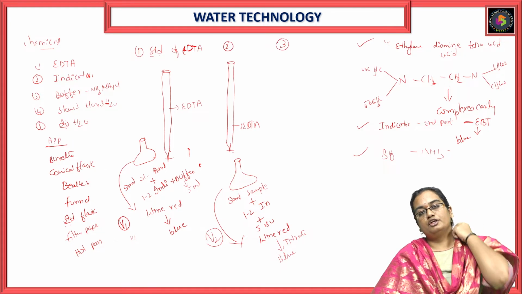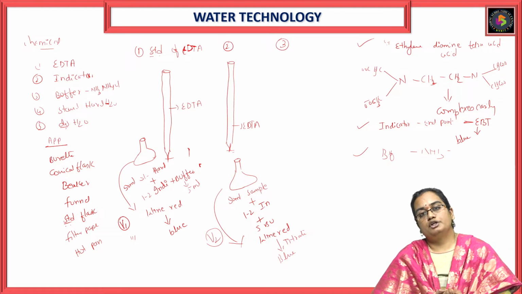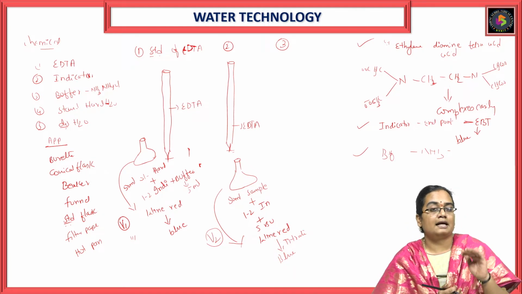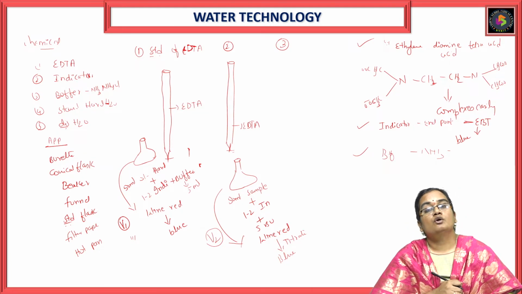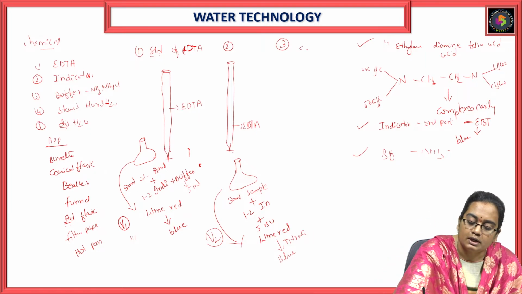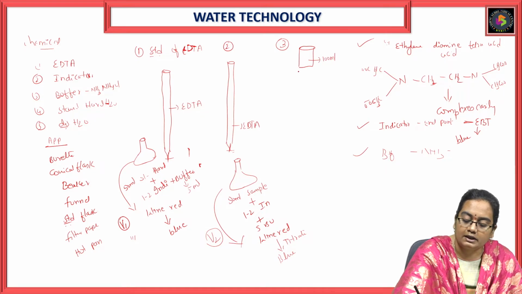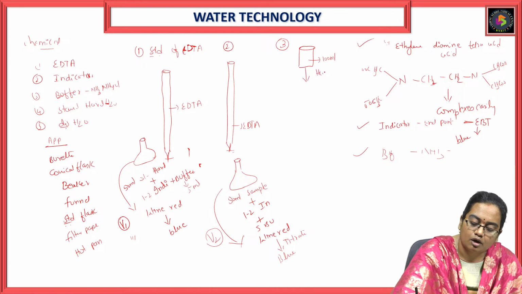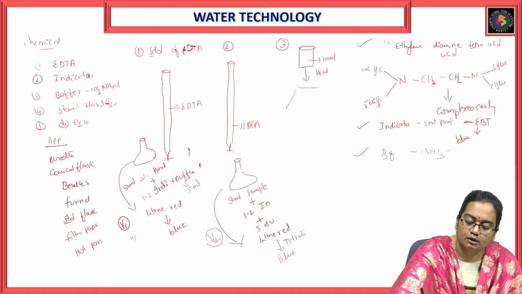In the third step, we need to do a little more work. Here we are going to calculate the permanent hardness. That means the water should not contain any temporary hardness causing salt. We need to remove that. For that, take a 250 ml beaker. In that, take 100 ml of your sample water. Later, heat it on a hot pan until the volume reduces to